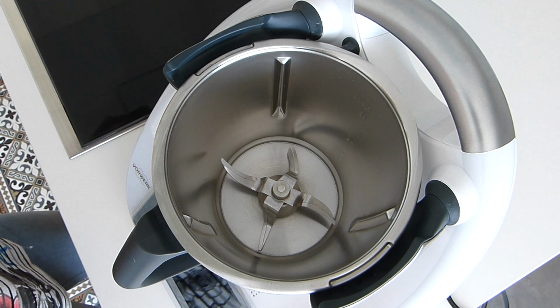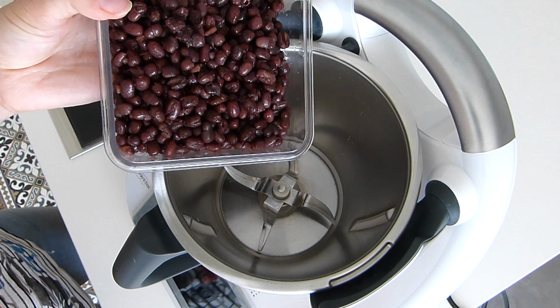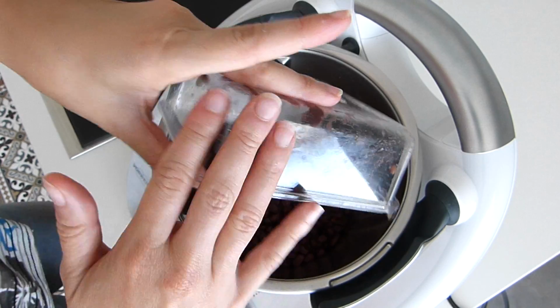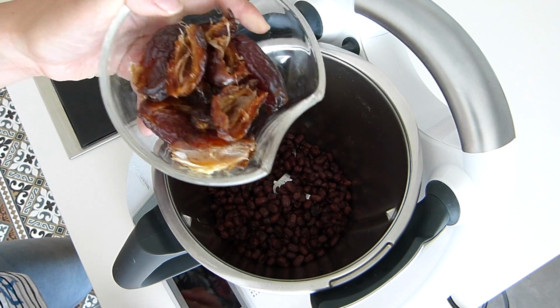We are using already cooked azuki beans. That's because they have to be soaked in water for 4 hours, then boiled for an hour, and then set aside to chill. So now you can grab the food processor and add your azuki beans. We used 120 grams dry, your medjool dates,